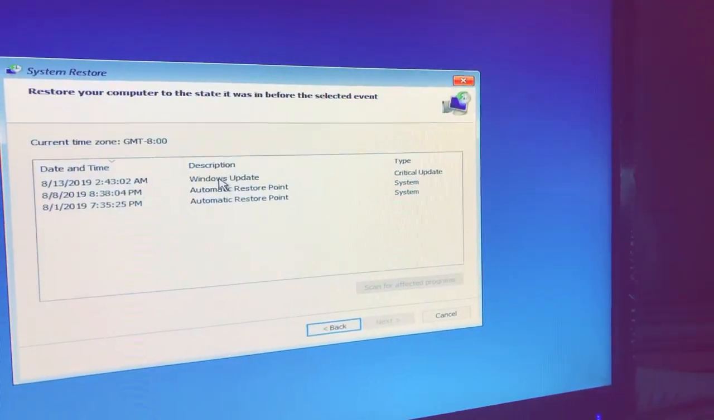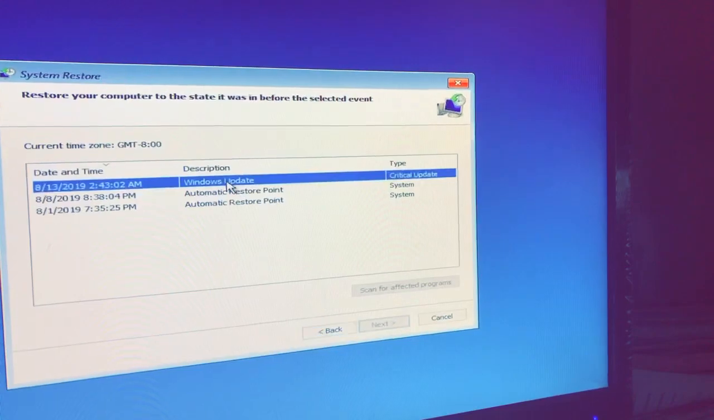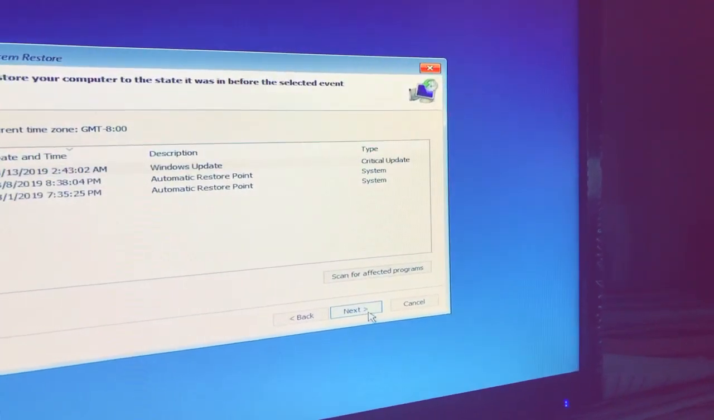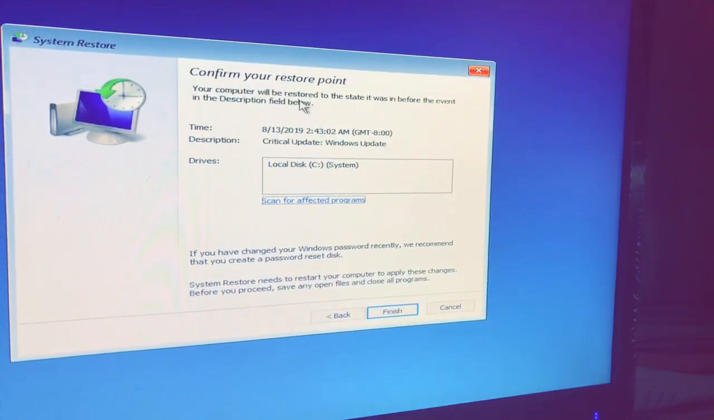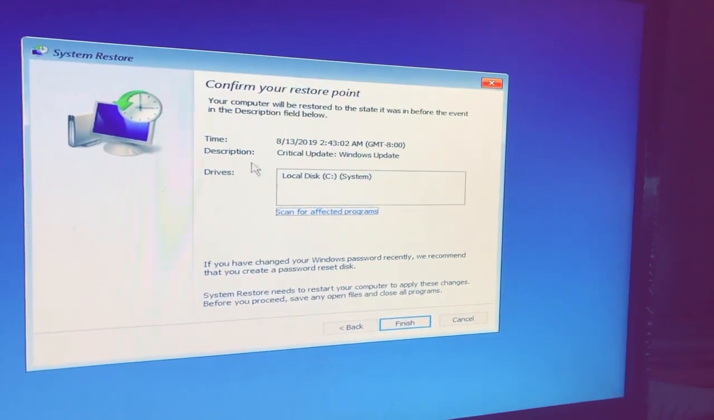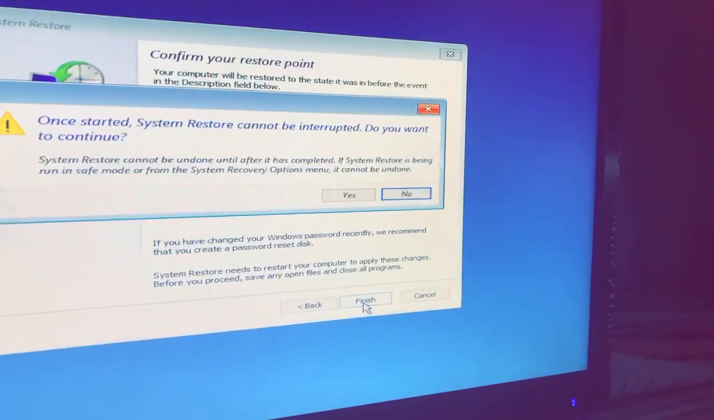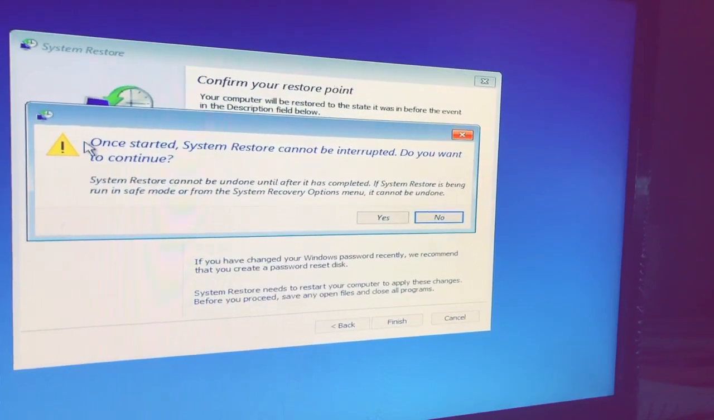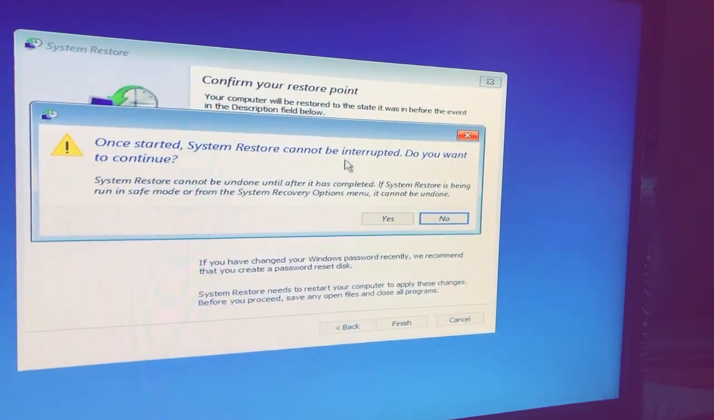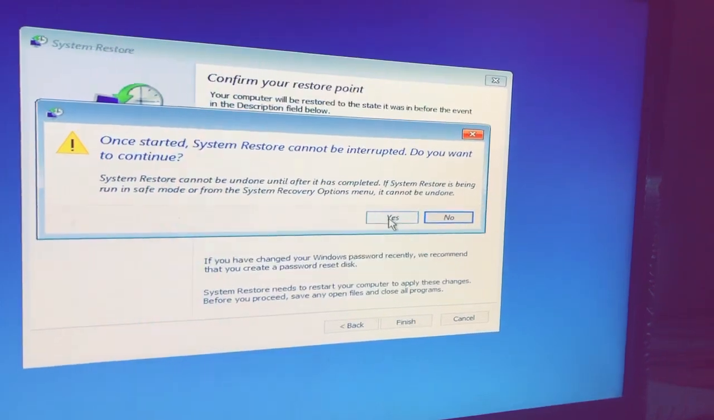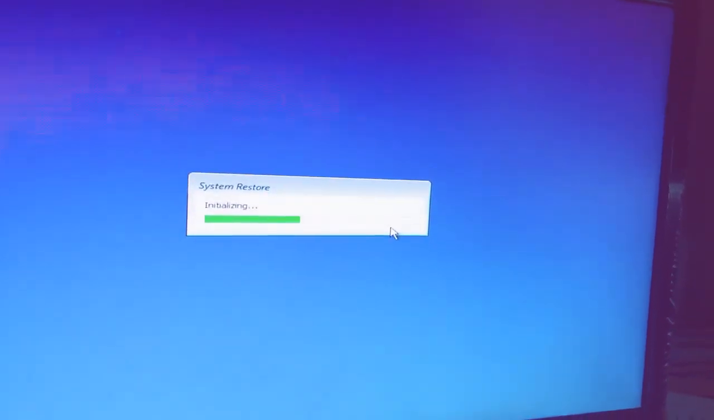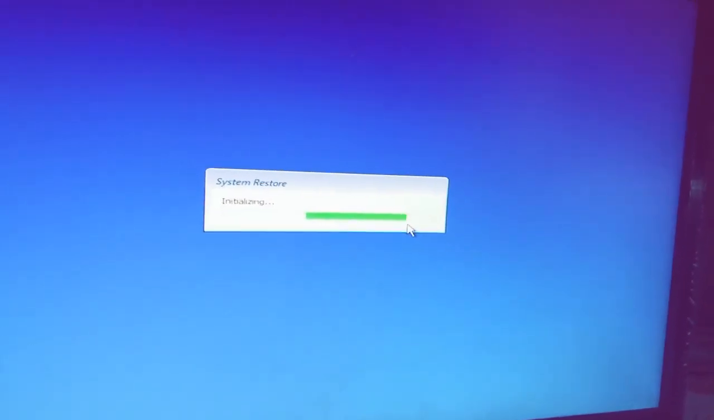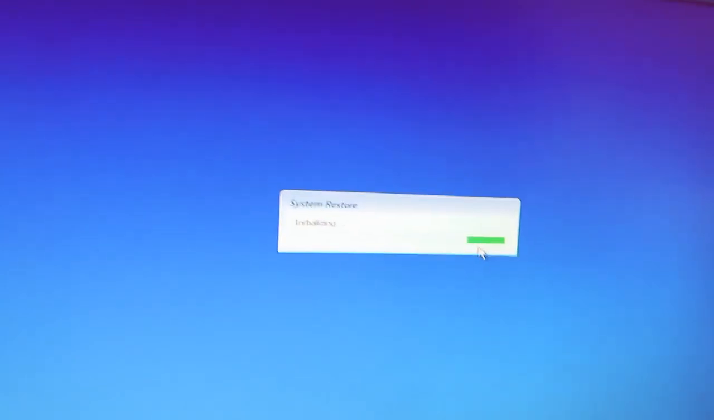After that, you need to choose Windows Update and click on this. After it will show you the confirmation that you already set a restore point, click on Finish. Once it starts to restore, it will ask if you want to continue. You need to click Yes, and if it starts to update, you need to wait for a while and the Windows will